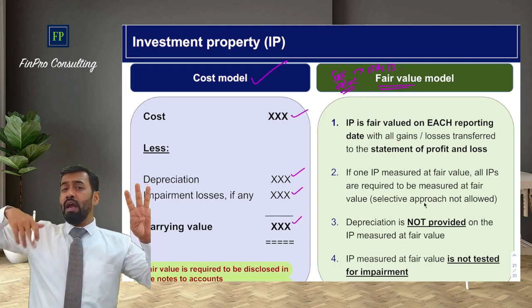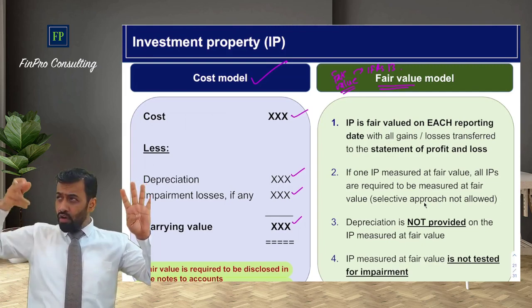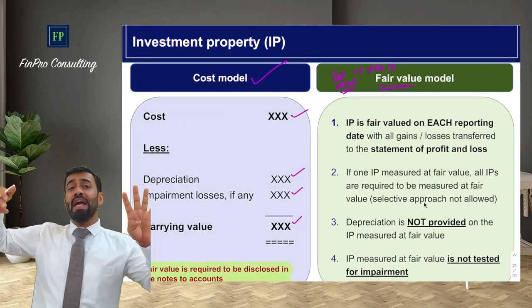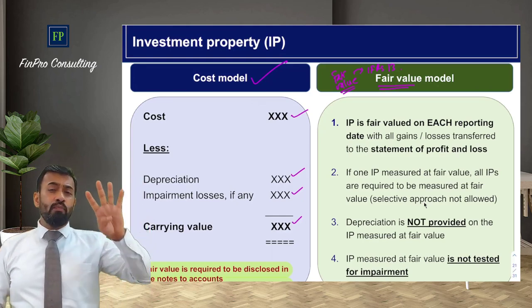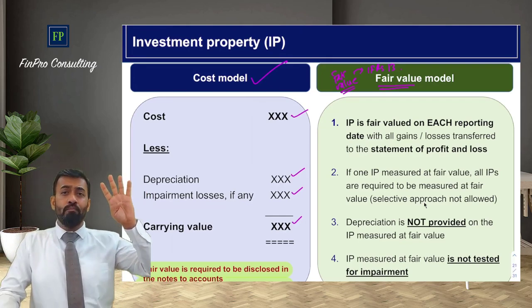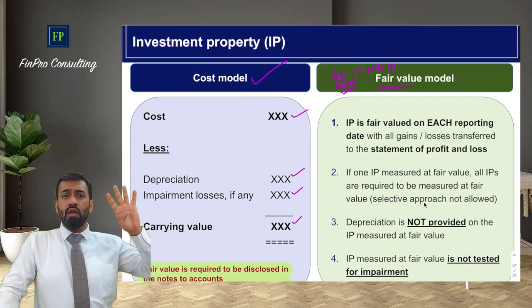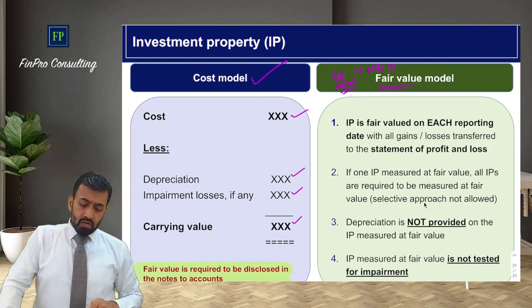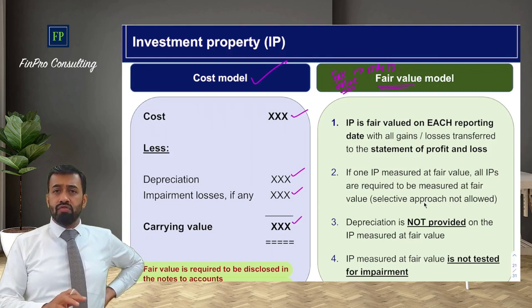Unlike in the revaluation model, where you are doing it at regular intervals. That regular interval might be after 2, 3 or 4 years. So there you will have to provide something for the cost, that is depreciation or amortization, which is not required here because each reporting date you have to calculate fair value. So depreciation is not required and impairment testing is also not required. Alright, so these are the points which you must take cognizance of.